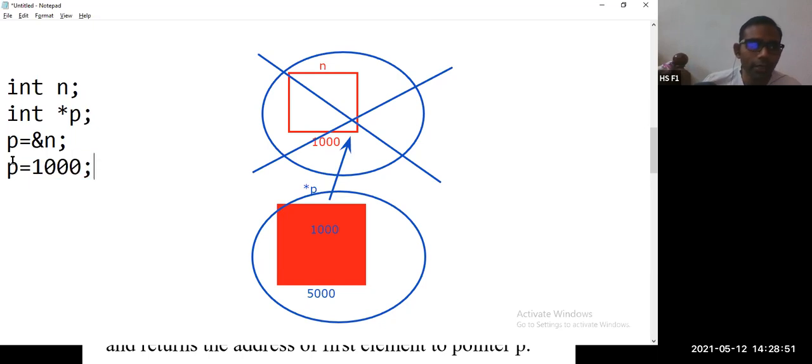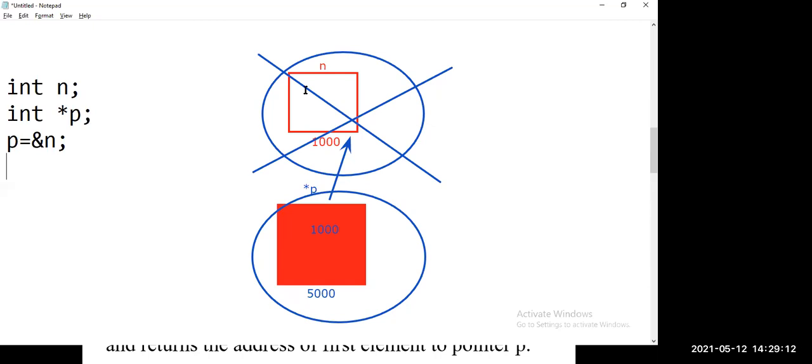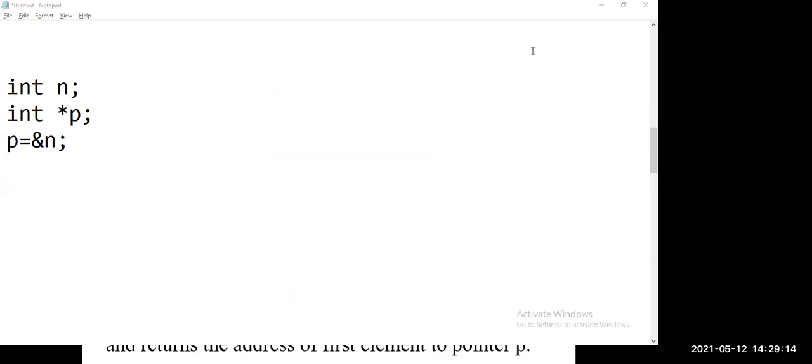Okay. So here, in dynamic memory allocation, we are removing this n concept at all. We don't want any variable. We give the capability to the pointer to store a value in it. So how it is done, let us see. Is there any doubt here? No, sir. Great. So let us get back to the concept.